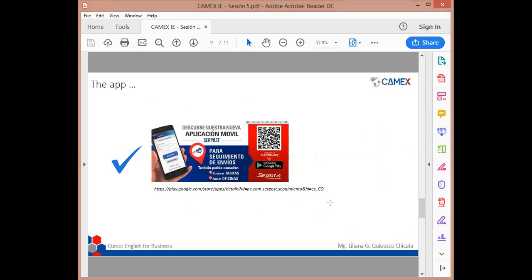Now, this is the direct link to download the app. But as I told you, as we saw at the beginning, Serpos right now is going through a change of their structure as an office of the government. So right now they don't have enough staff. For example, I tried to call Serpos yesterday, and I was holding online like 30 minutes and they never answered. And I know that in here, for example, my postal office is the one that is next to San Martin de Porres,